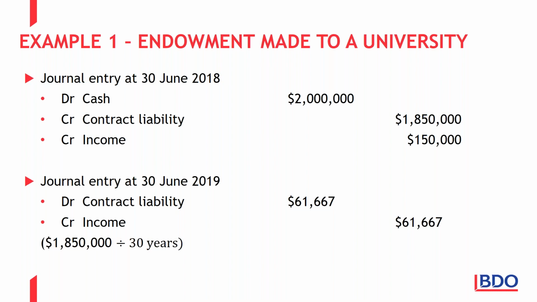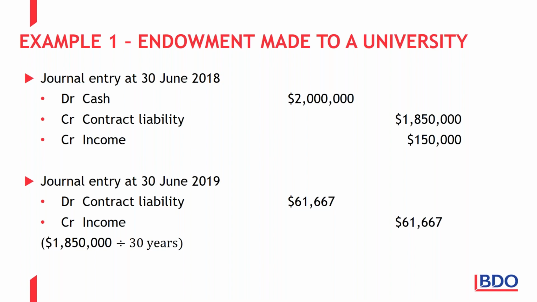And the difference we recognize as income immediately in terms of AASB 1058, because the substance of that 150 is a donation. They gave us 2 million. We are committed to spend 1.85 million, and the other 150 is a donation,